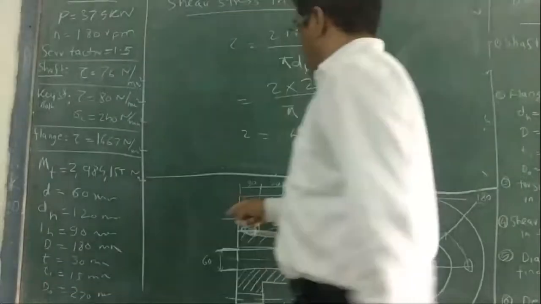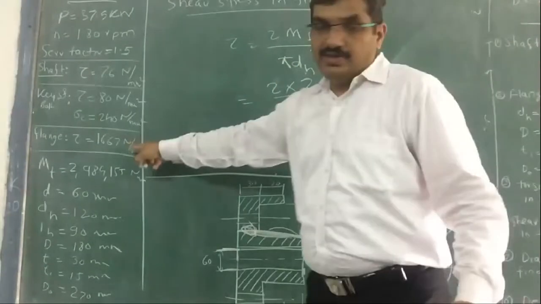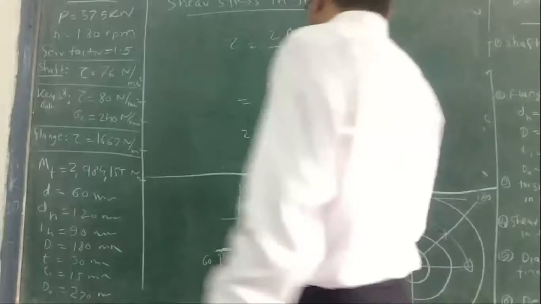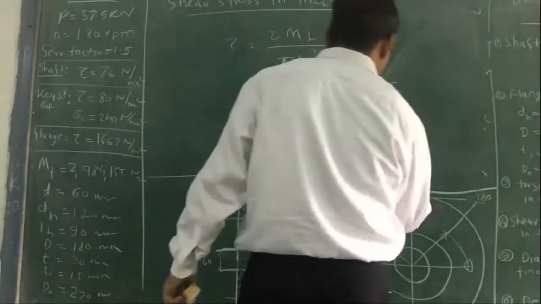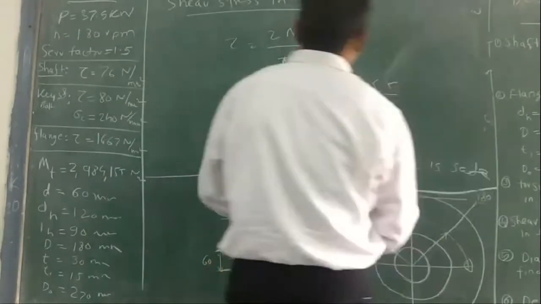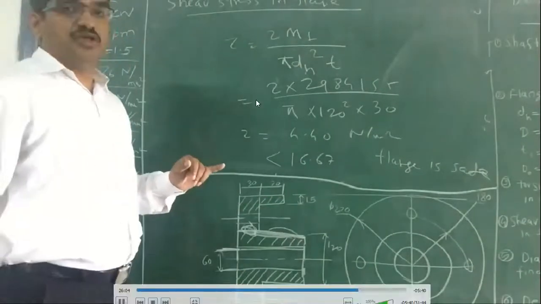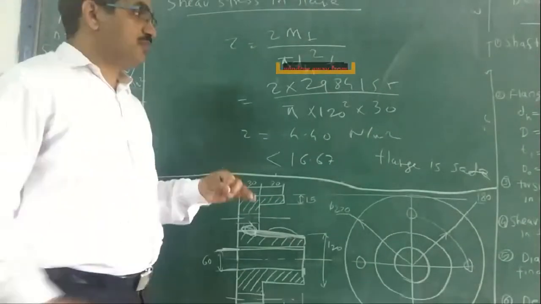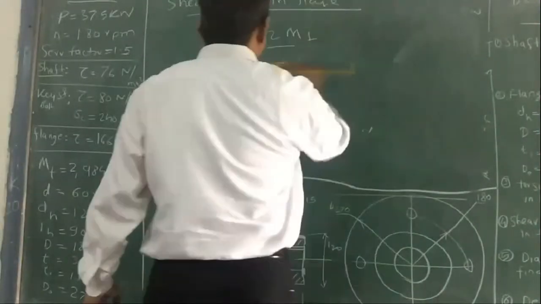Again, this is a flange which is part of this. So allowable is 16.6. This tau is less than 16.67. So your flange is safe. You can say our design of flange is safe. Okay. So we did the first part. We did the torsional shear failure of the hub, then the shear failure of the flange. Now we will try to find the design of the bolts.